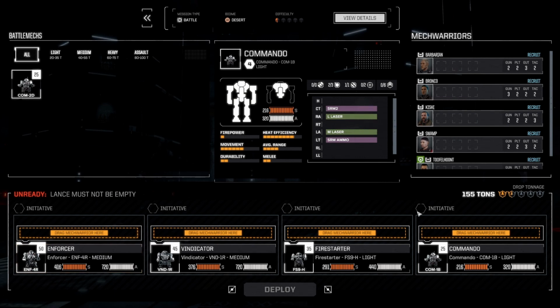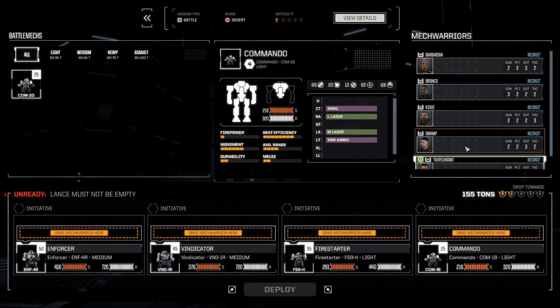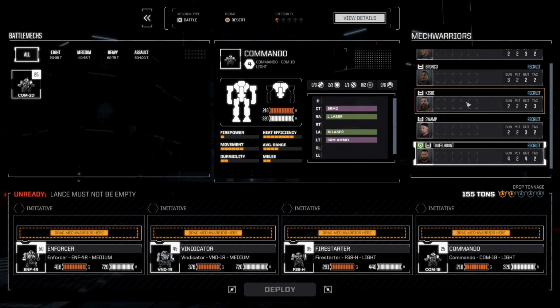So, who do we have that has Bulwark already? Let's see. Nobody has Bulwark already. So nobody has skills at all. I see. Okay. So, Toof, our commander...